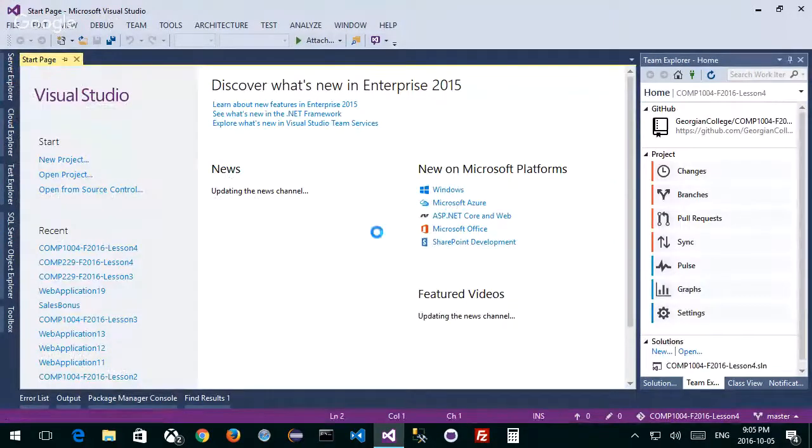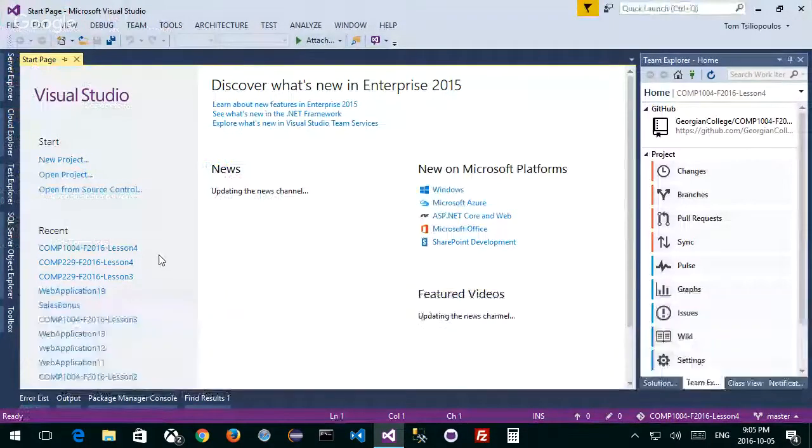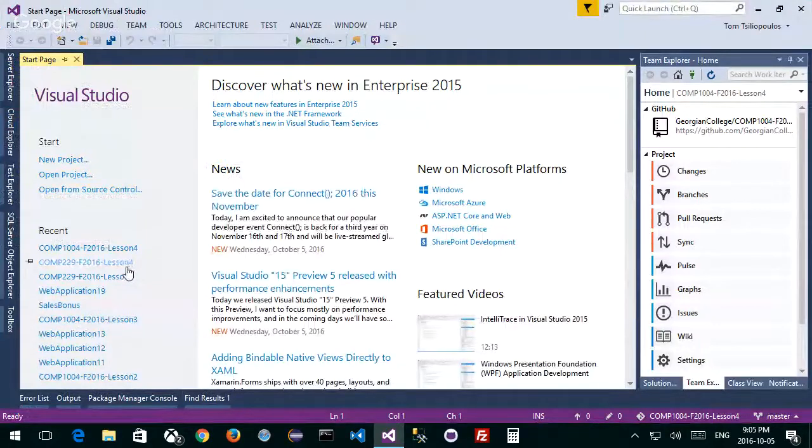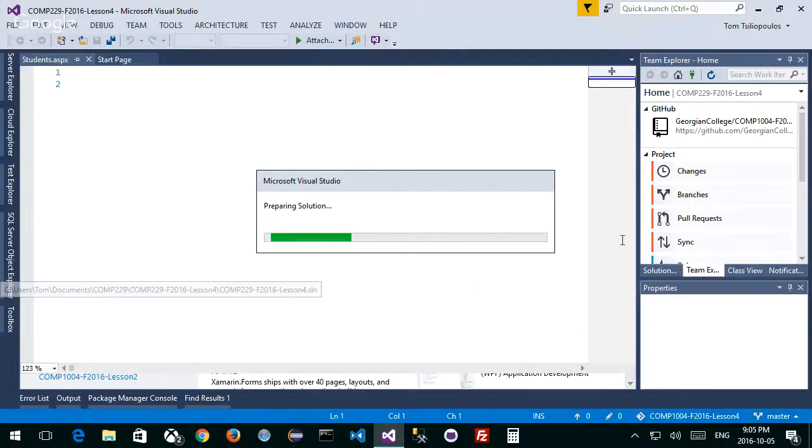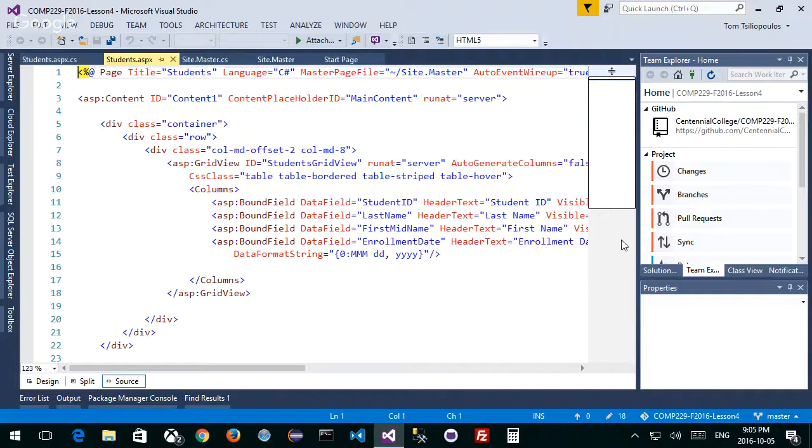So an example of this would be if I open up last week's lesson, so lesson 4, from last week. Let's take a look. I need to make a template for this week to connect to and see what happens. So I'm going to continue, and I'm going to put up a new repository here. Let's see what this thing does.